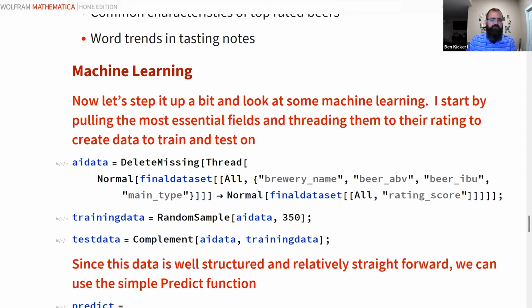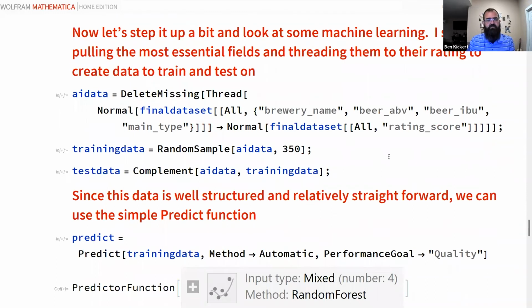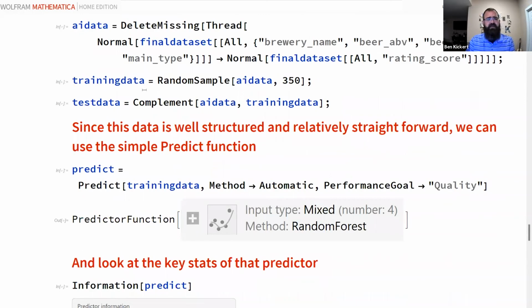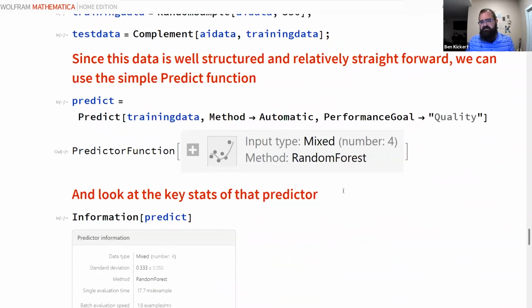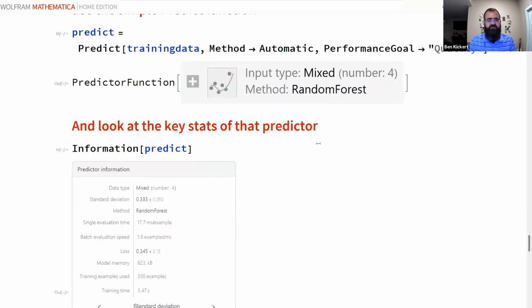So here we're bringing in brewery name, the ABV, which is the alcohol, the IBU, which is how bitter or hoppy it is, and then the style of beer, and threading that to the score. We can then do a training data set as well as a test data set. And because this is straightforward, in essentially one line of code, we can simply say predict on this training data and give me the highest quality performance as you can.